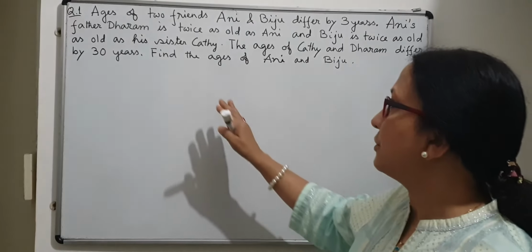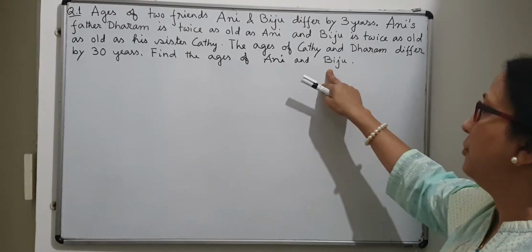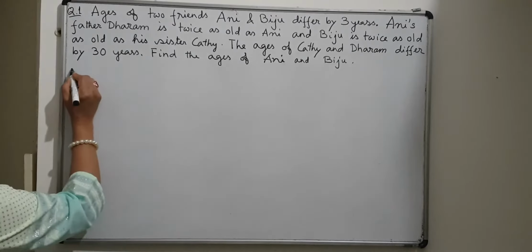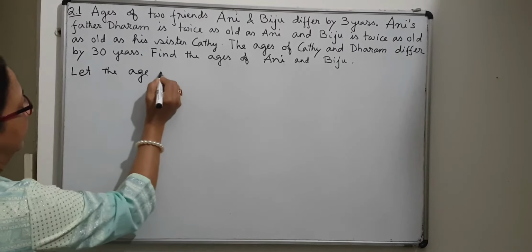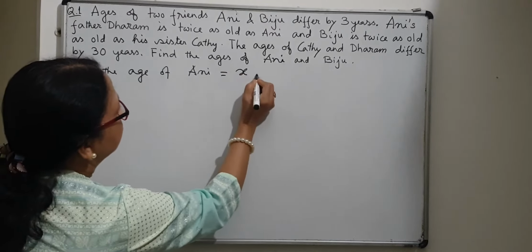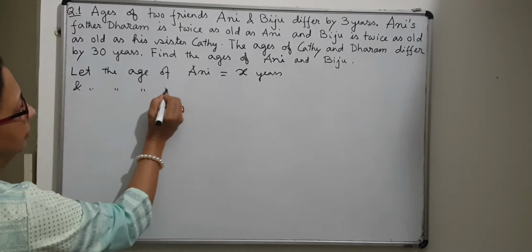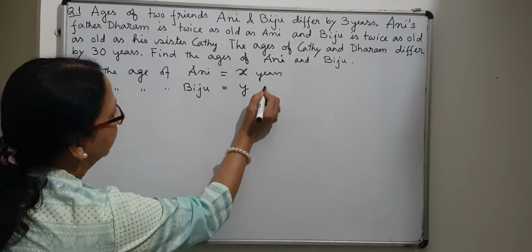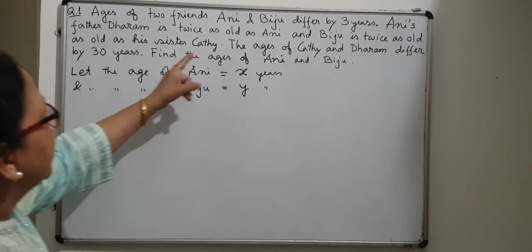So, first of all, we'll take the ages of Ani and Biju, which we are asked to find, as our variables. So, let the age of Ani be x years and let the age of the other friend, Biju, be y years. Okay. So now, according to the question,